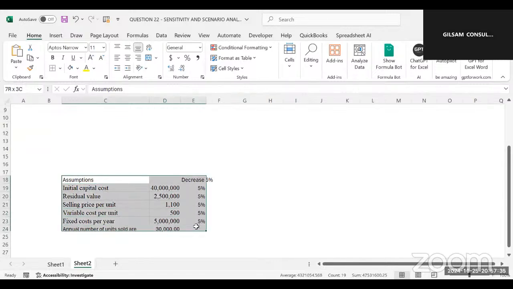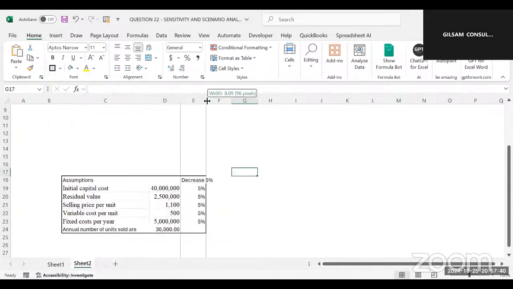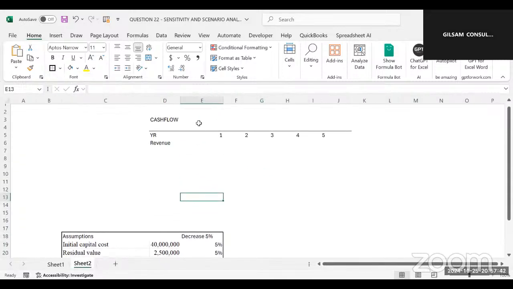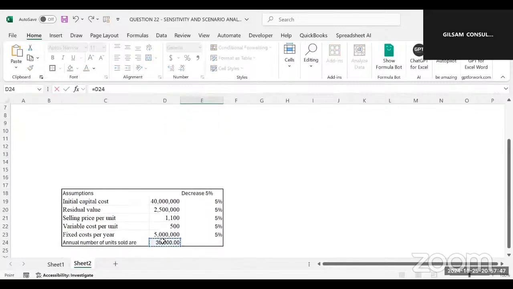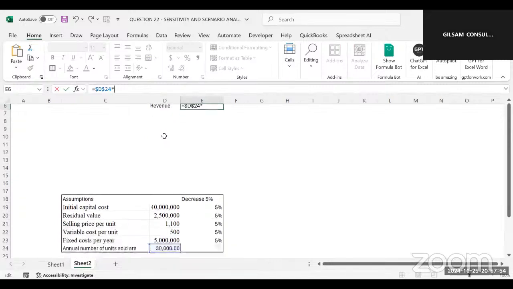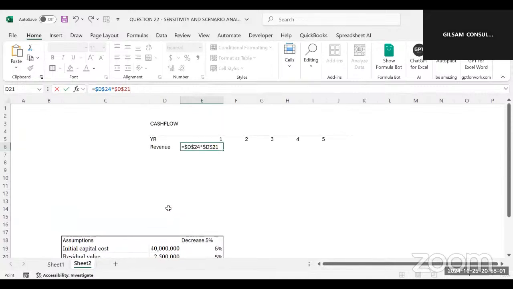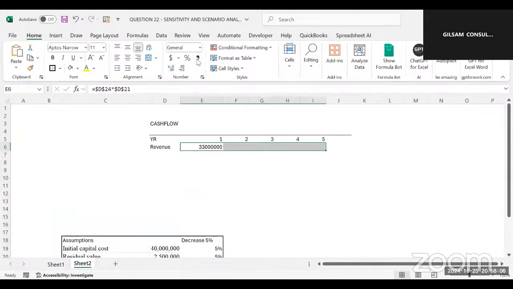So we can have these pointing so that we can know this assumption. For you to get the revenue, you will get the 30,000, which should be fixed. So we fix that, we multiply by the cost price, which is this one, the cost price also. We fix that, enter. So we should be able to get that, use the round off here. So that is the first cash flow for the